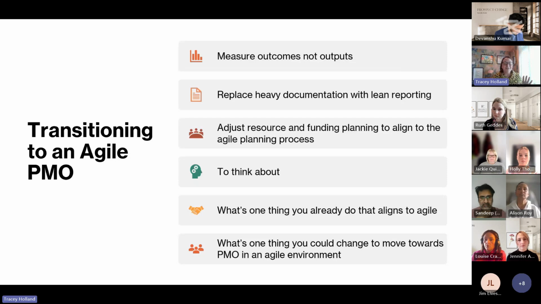reporting or heavy documentation, and then making sure we're adjusting our resourcing and funding plans to align to the Agile planning process. So thinking about what happens in an Agile way and then how could we align that, rather than trying to have something that sits on the side that is kind of jarring with what's naturally happening within an